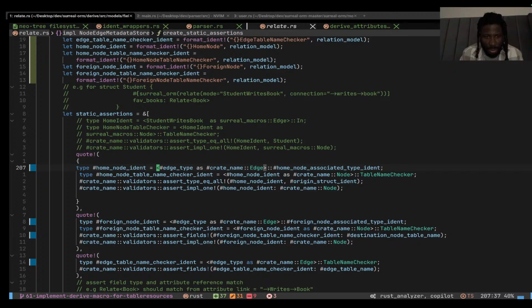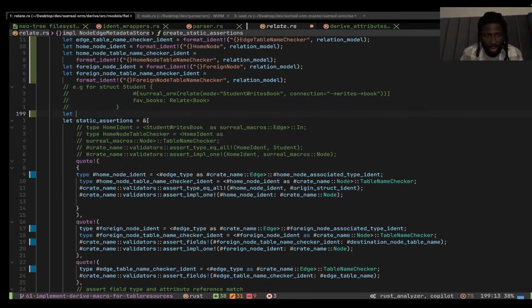You know what, why don't we just take this as node ident, node type,